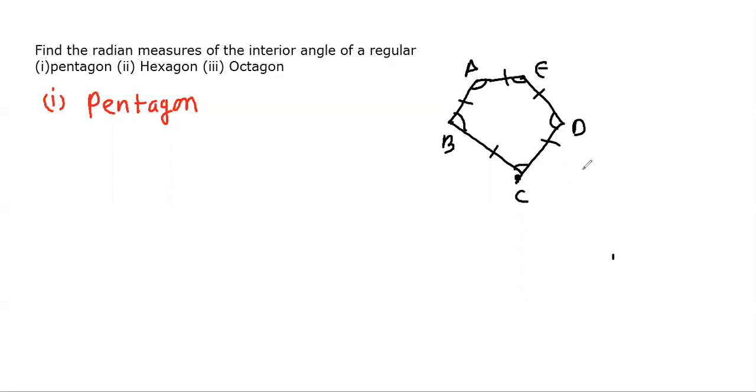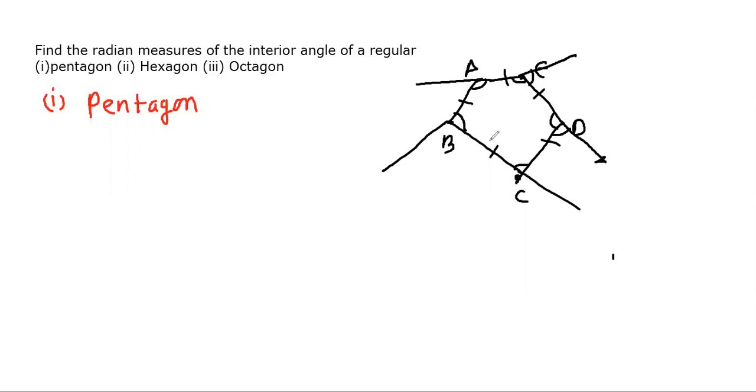And remember one thing, when it is a regular pentagon, all the interior angles will be equal. Just as in an equilateral triangle all the angles are equal, in a regular pentagon all the angles are equal as well as all the sides. Now these are interior angles. If I ask what an exterior angle is, if I extend this side like this, this is the exterior angle of E. This is the exterior angle for A. This is for B. This is for C. This is how we can draw exterior angles.